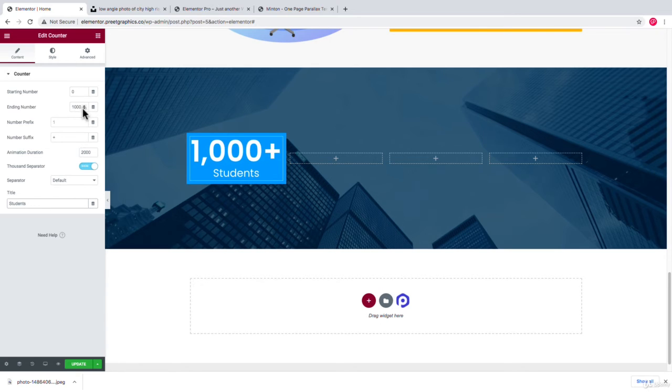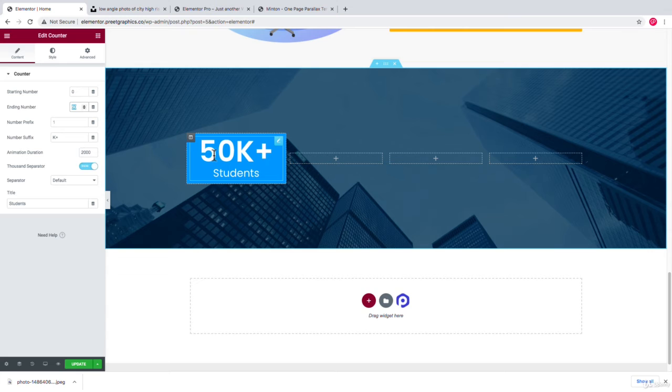Suppose I want to say I have 50k, so I can change the ending number to 50, and then here I can change the suffix to k plus, something like this. So we have number suffix with k plus, and then we have ending number of 50.